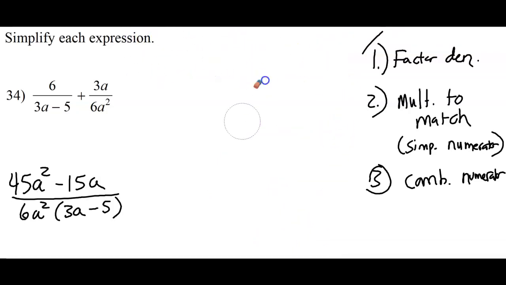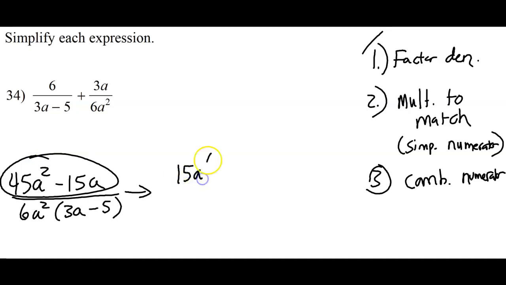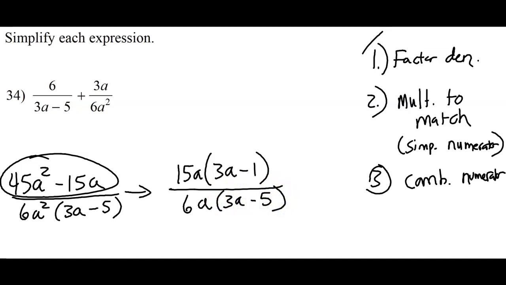So notice that the bottom's already in factored form, but we can factor the top a little bit. I'm going to take an a out of the top there. Matter of fact, I think we could take out a 15a. 15 goes into both of those things. That would be 3a minus 1. Now, after doing that, we can reduce this monomial pair,